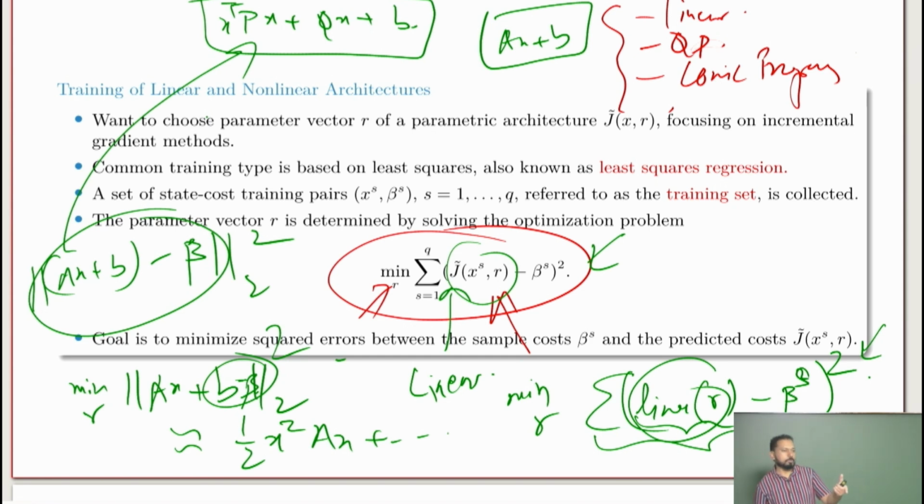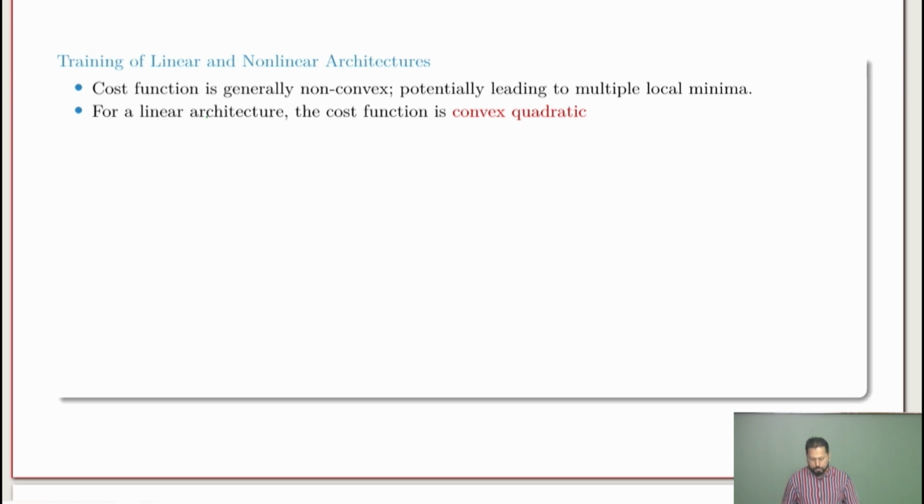So this gives you a very quick introduction to quadratic programming. So basically quadratic programs are like this. This is convex when p is positive definite. Okay, so there is some requirement that p is positive definite, otherwise it won't be convex. So for linear architecture, the cost function is convex and quadratic, and as I said, with a caveat that the a is positive definite. Okay, so